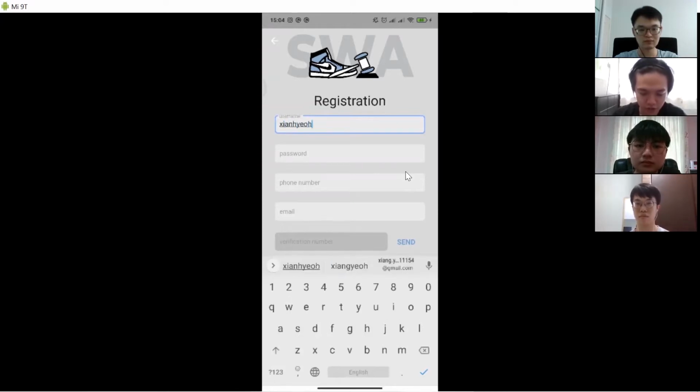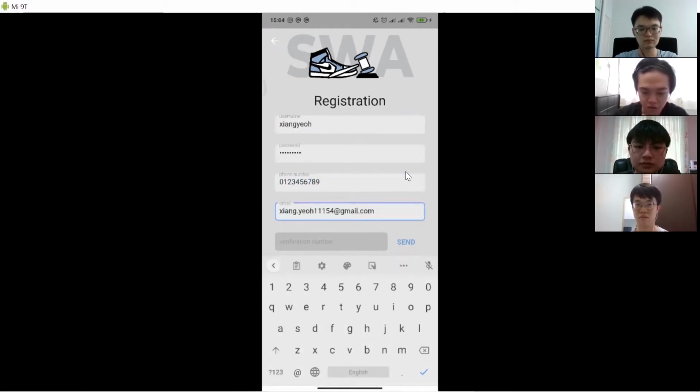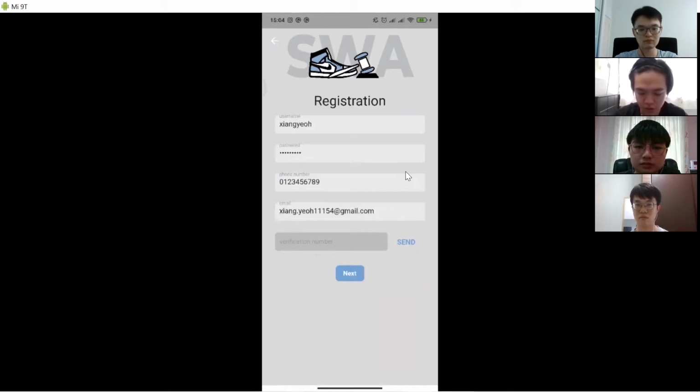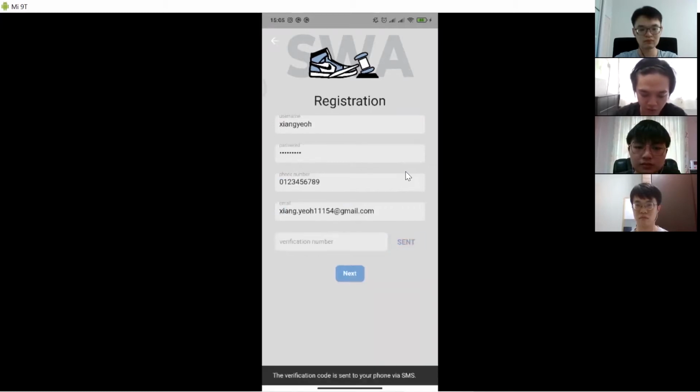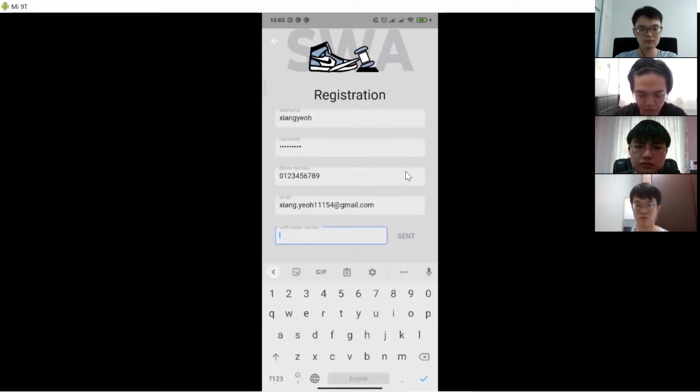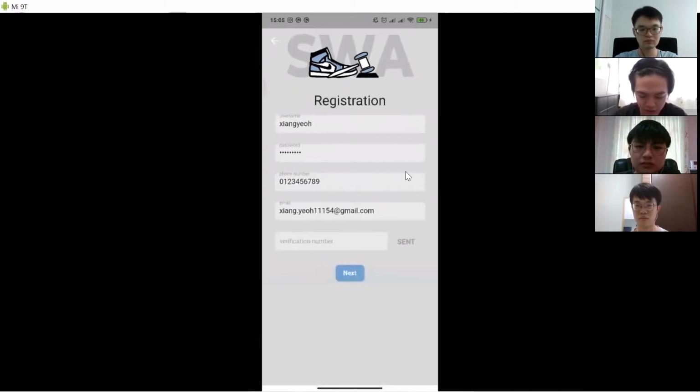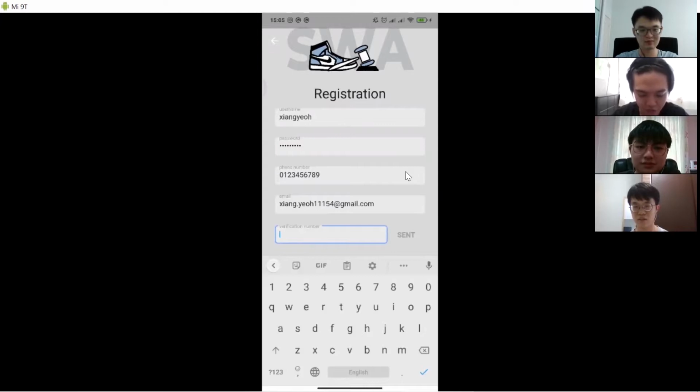So I will type in the username, password, my phone number, and also my email. Then click on the send button so that the verification number can be sent to my phone through SMS. But this is just mock data. And I'll key in the verification number that is sent to my phone